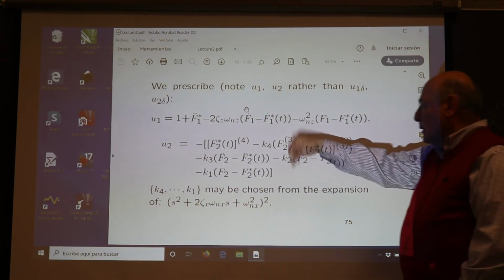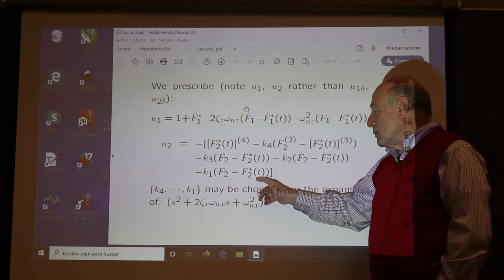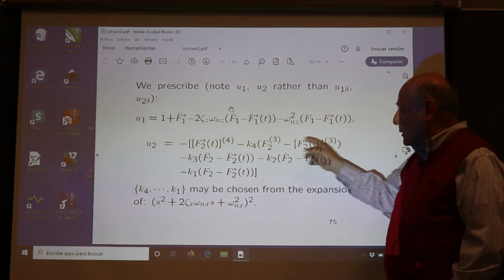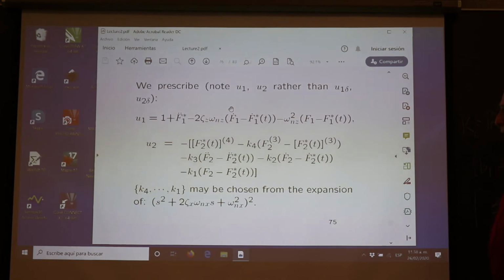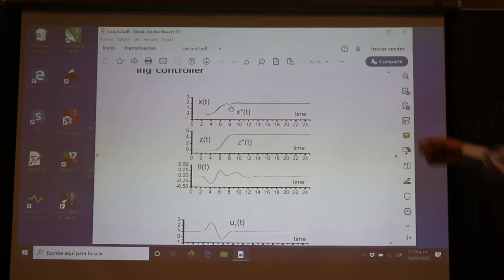And U2 is controlling a fourth order system. You have the tracking error, the derivative of the tracking error, the second derivative, the third derivative, and the precompensation or the feed-forward term, feeding the feedback law for U2 and U1. And the nice thing is that you can control the nonlinear system with this control law. And in fact, this is what we did here. We used the nonlinear system equations to apply that